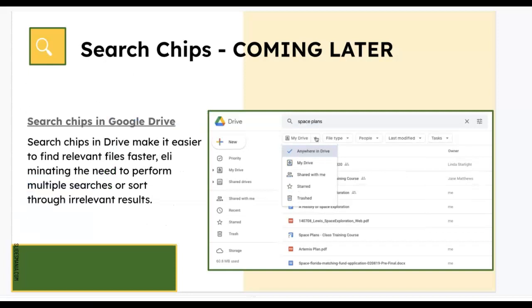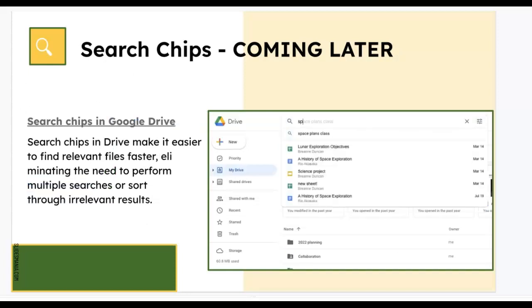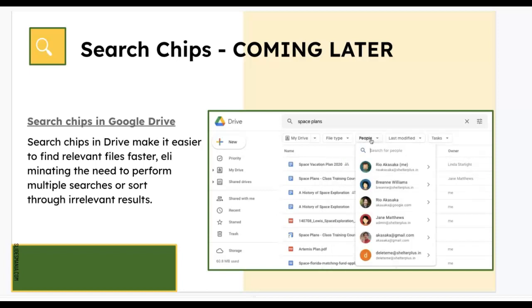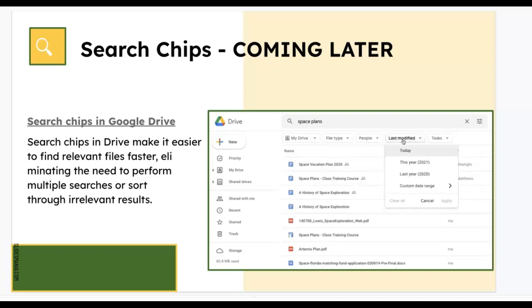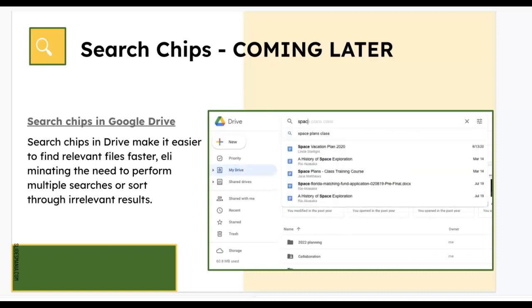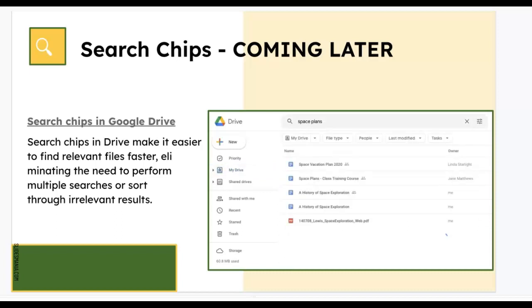This next piece of information I want to share is something that is not available quite yet, but it should be coming soon. And that is the idea of search chips within Google Drive. So if you've been following, we have the idea of using search chips in Google Docs, and in your Gmail, you might have also noticed your search features look similar to this picture here. And what that does is it gives you more options to search.